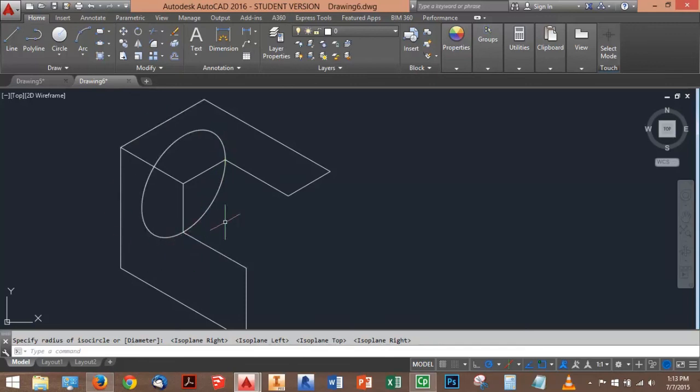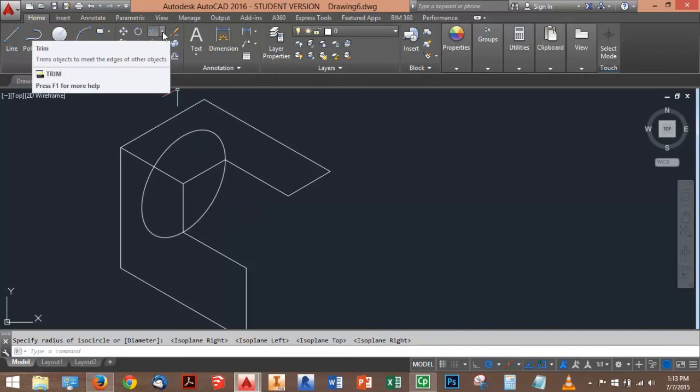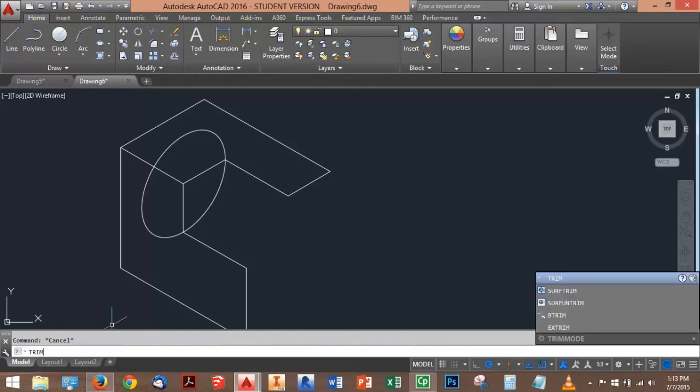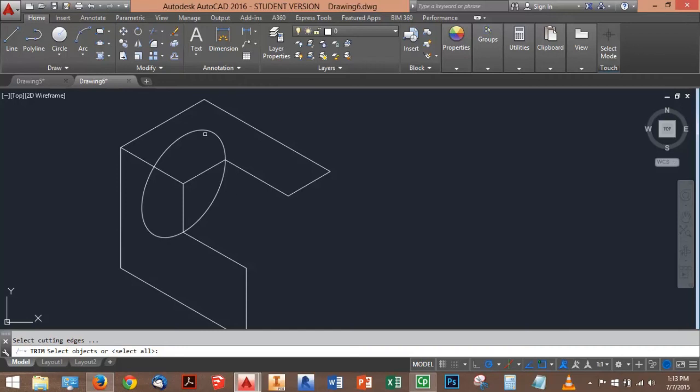We're going to do what's called trimming. And up here at the top is the trim tool. You can also type in trim on the command line. So you can either hit it up here or just type in trim and hit enter. And once I've hit enter or picked the trim tool up here, I'm going to come into my drawing window